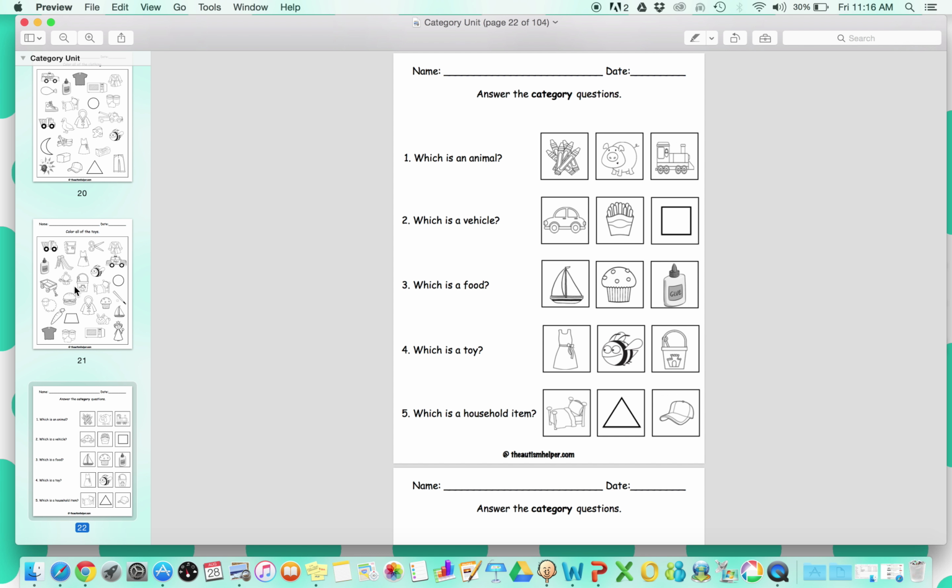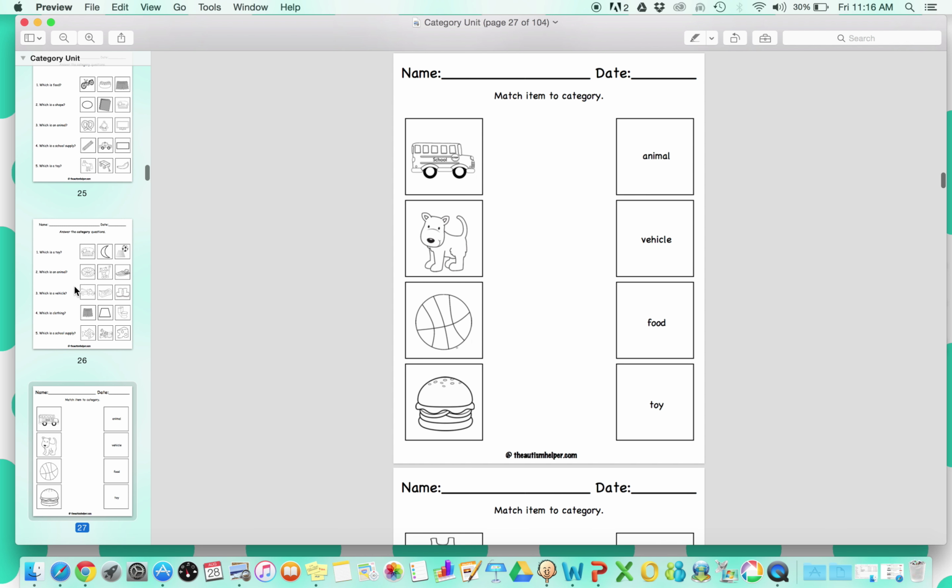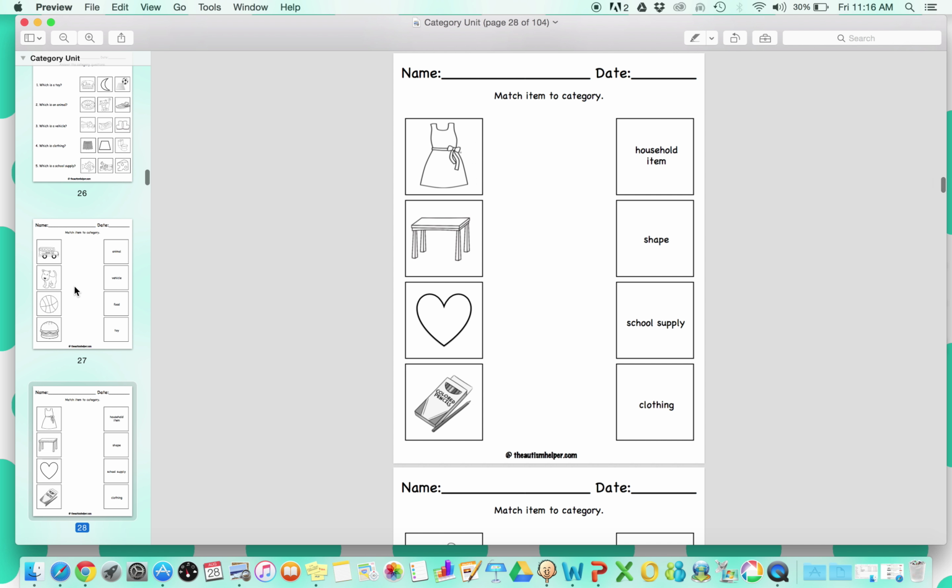Next are visual response questions. So this is going to give three different visual responses and a question based on the category. So the students will have to find the appropriate category and circle or color the correct option. So there's a bunch of these, and then matching the item to the category,